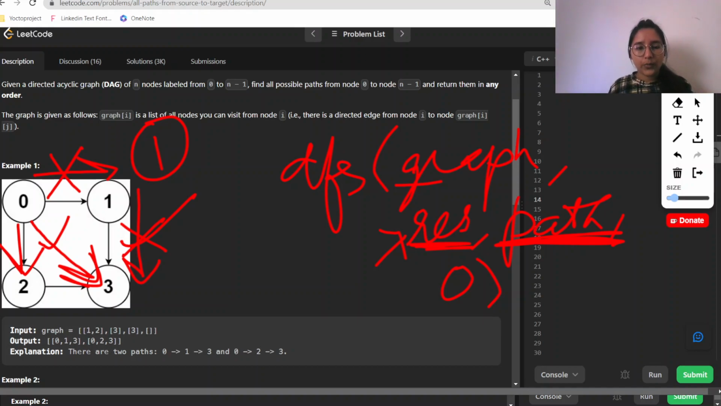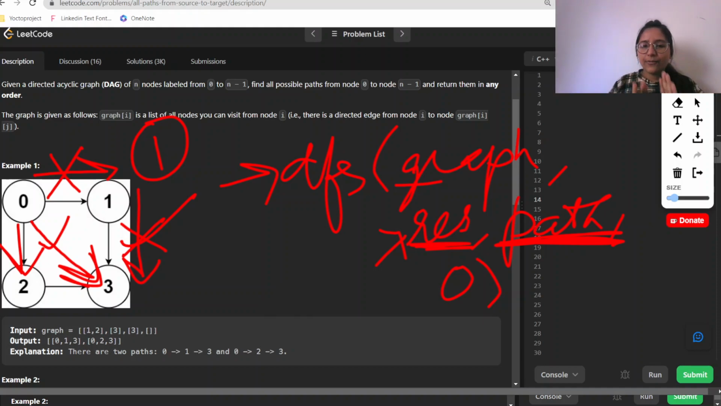So this is how we are required to form a DFS function. In this DFS function, we will be checking each node of our adjacency list, and corresponding to that, what all connected paths are there, that we will be checking. And accordingly,